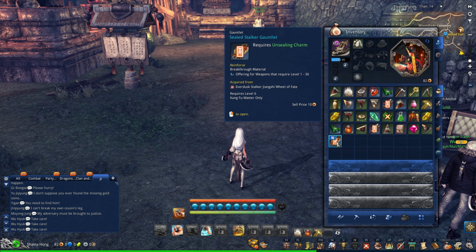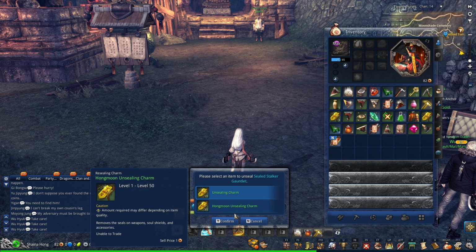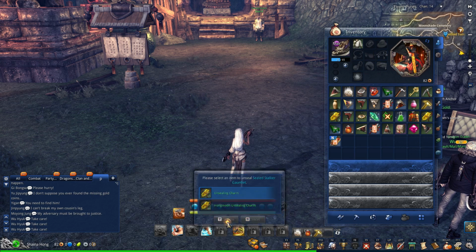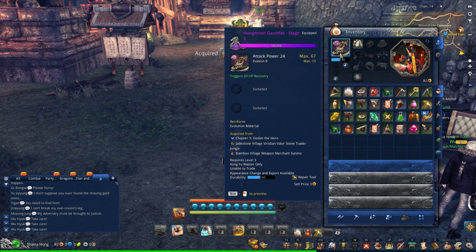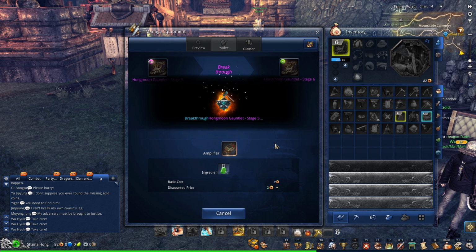Now that we actually have it, we can actually come here. But yeah, first we need to unseal it. This is the unsealing charm we just got from one of the boxes, and we are currently getting these from filling out little surveys every few levels. So unseal it. Now that we have it, there it is. Now we can actually break through level 5 and into level 6. So we click evolve, confirm,